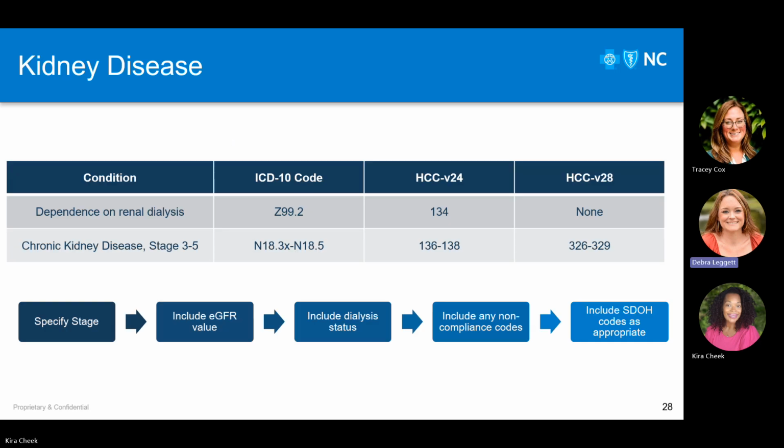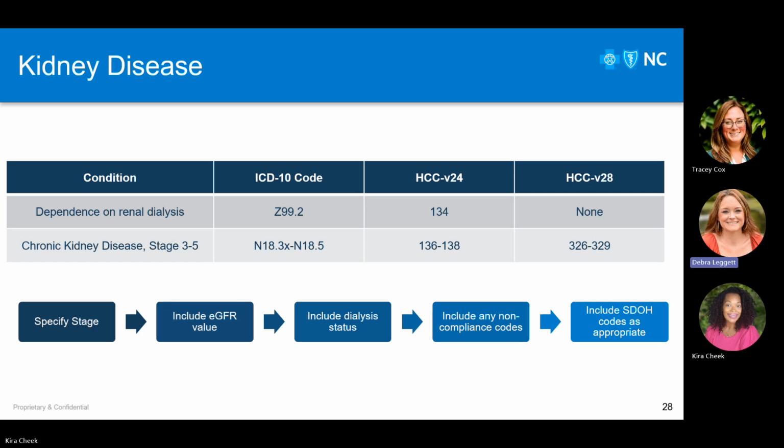Another change within the V28 model includes the removal of Z99.2 from a HCC category. Dependence on renal dialysis should continue to be coded, however, it is no longer reflected with an HCC. Chronic kidney disease ICD-10 codes remain the same, however, their HCC categories have moved from 136 to 138 to 326